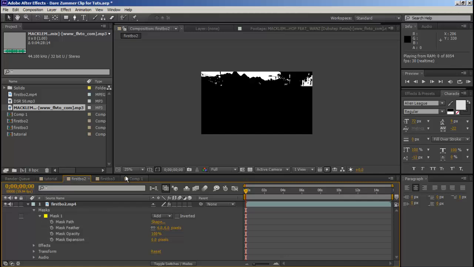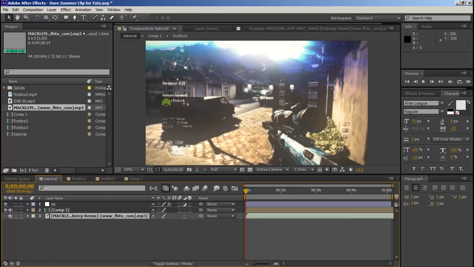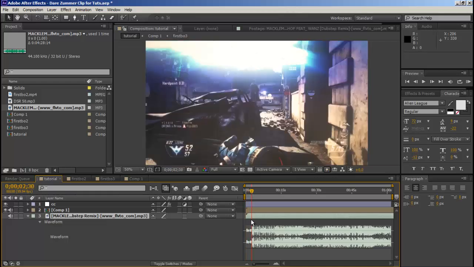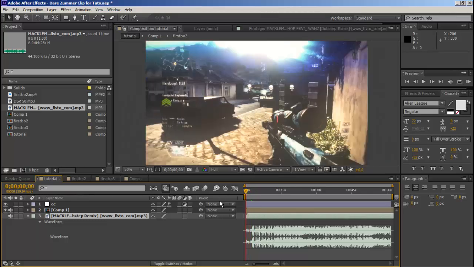But anyway, if you go back onto the composition and put on your song and press LL, and this will give us a waveform of the song, and the louder parts of the song will be longer, the quieter will be smaller, tiny. Alright, so now we've got our clip. I'm going to zoom in,